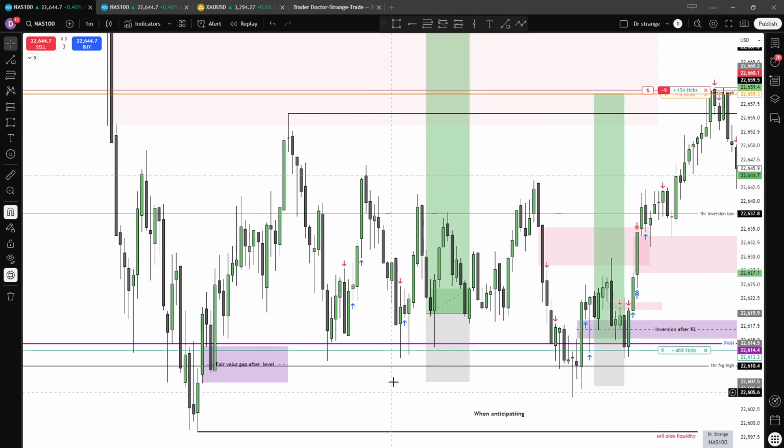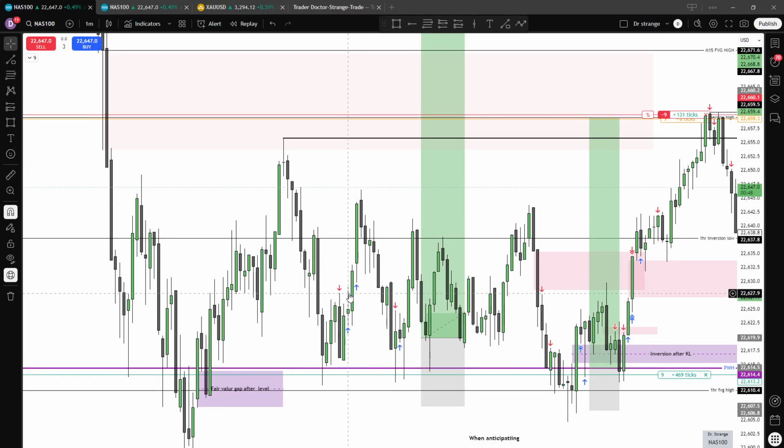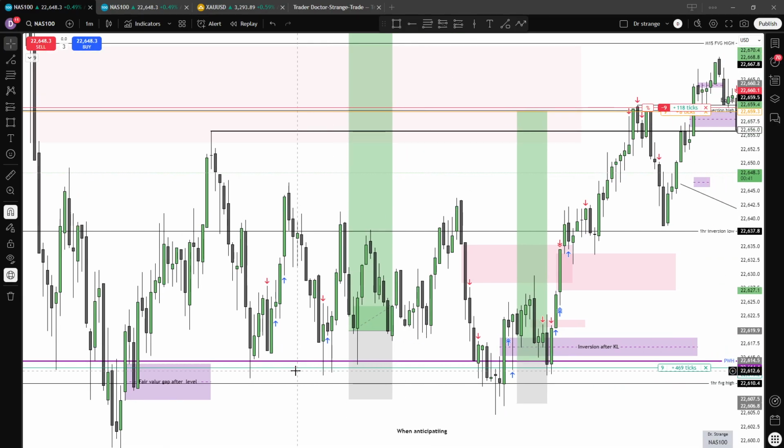So now I bought here. No, I bought here. This kind of took me out, because my stop loss was just, and I was chasing price. So this was wrong. I should not do this again, not chase price when it is at a previous weekly high. So I bought here and I held this trade, but if you look at the time, it was 10:38. And I told you either buy at the key level or below. Because I was scared, I was supposed to buy when this one was broken, when it was still bearish. So I bought here.